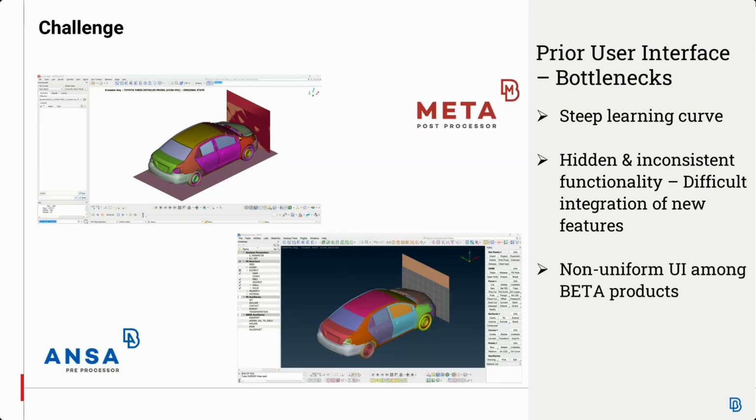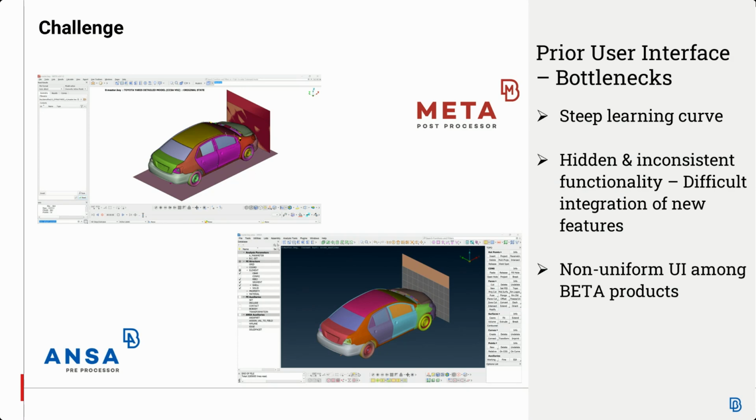Finally, the non-uniform user interface across our beta products created further disruption to the workflows, hindering a seamless experience. By tackling these issues, we aim to enhance usability and provide a more cohesive experience overall.